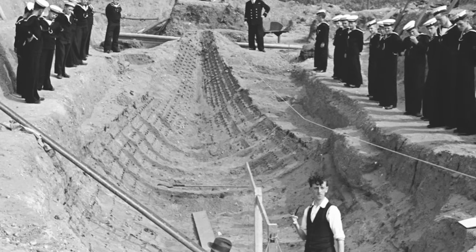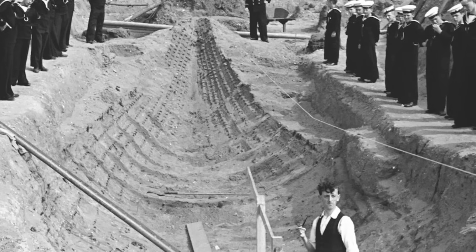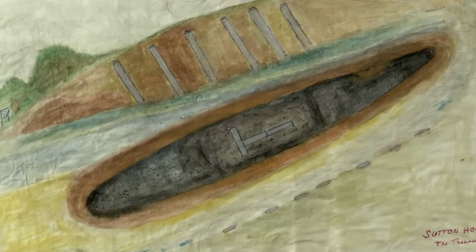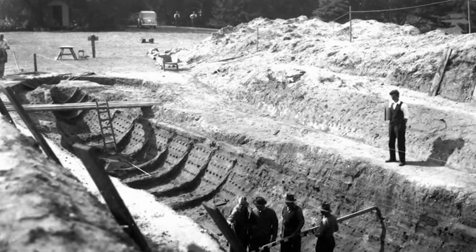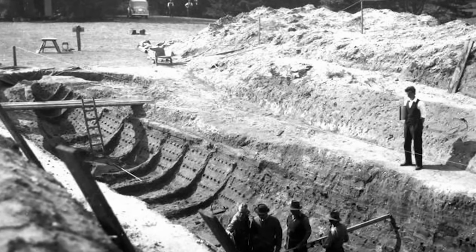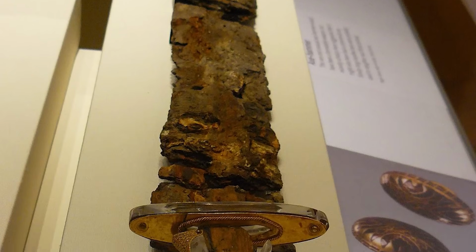The burial belonged to a high-ranking individual, likely a king or a noble warrior from the 7th century. The ship measured a staggering 27 meters in length, but its contents were even more awe-inspiring. Buried within were a collection of artifacts with unrivaled craftsmanship and material richness, reflecting the pinnacle of the Anglo-Saxon period's artistic and technical capabilities. Among the items were weapons, including a sword and a shield, both highly ornamental and inlaid